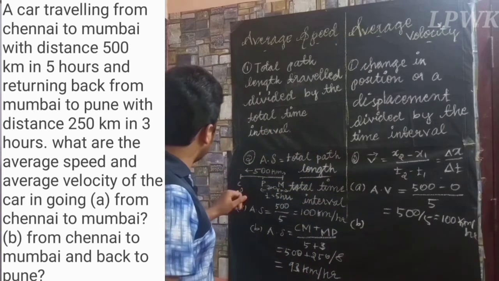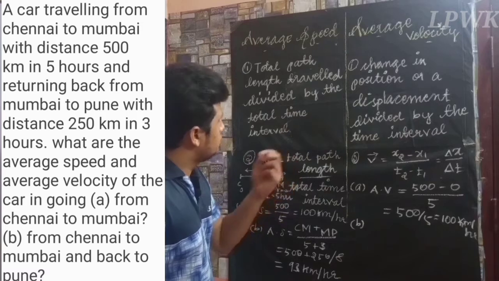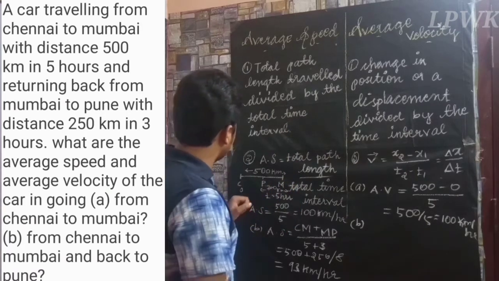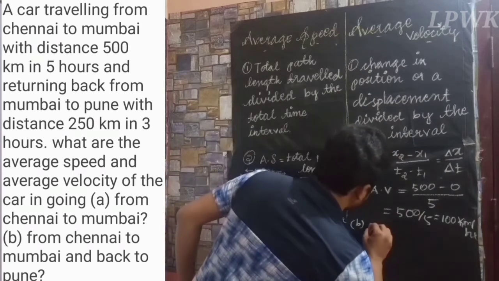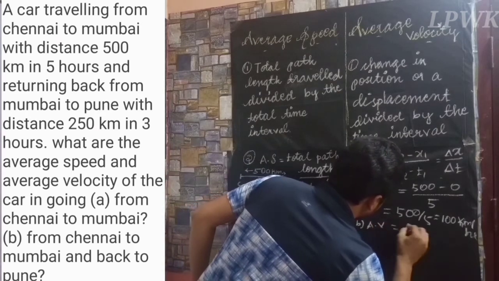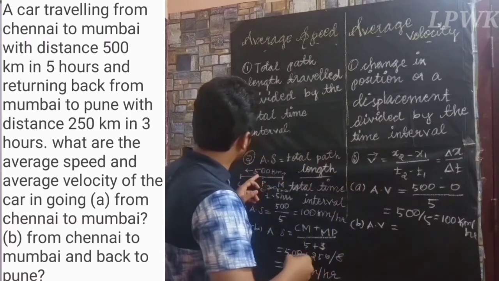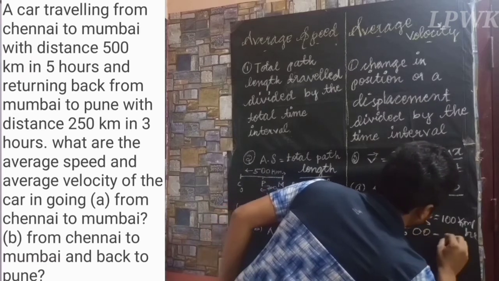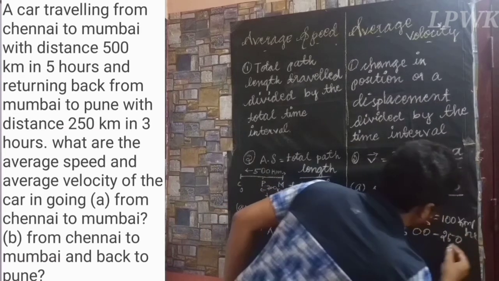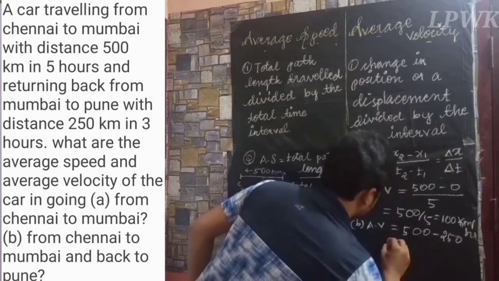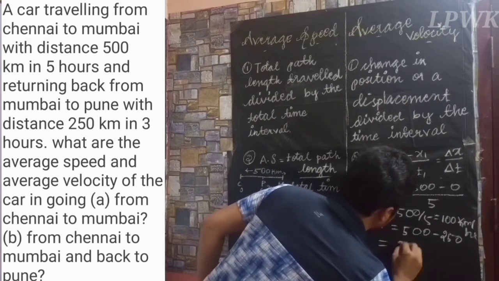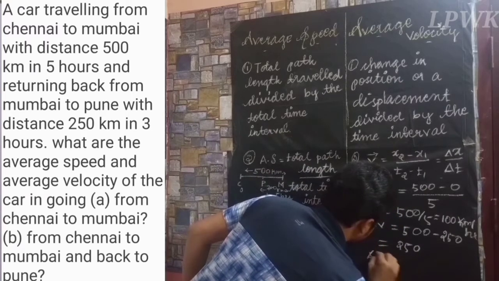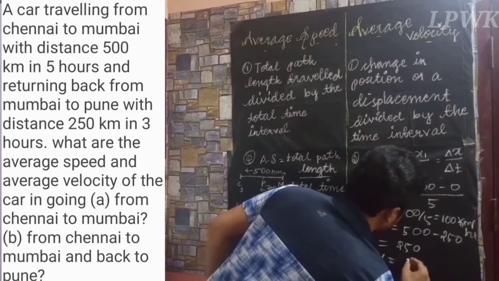So we need to find the average velocity between Chennai to Mumbai and to Pune. Okay. So average velocity is equal to 500 minus 250 and then 250. So average velocity is equal to